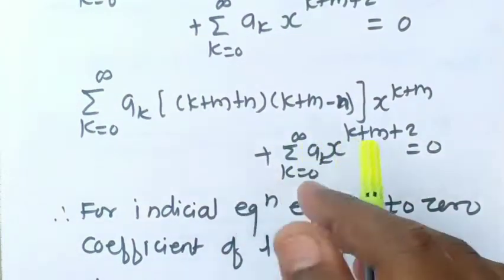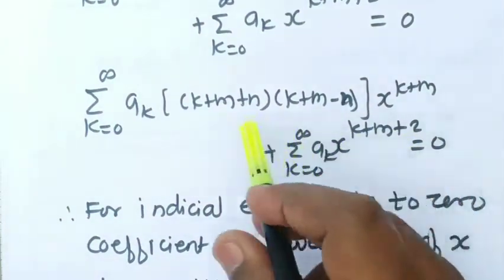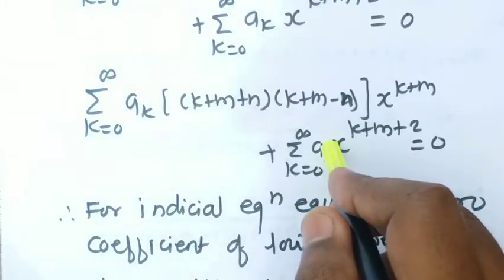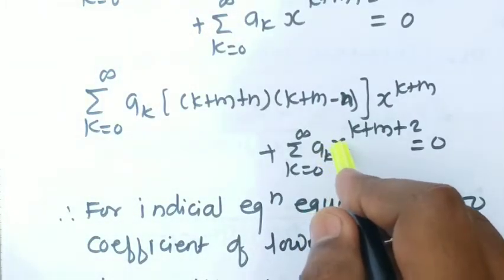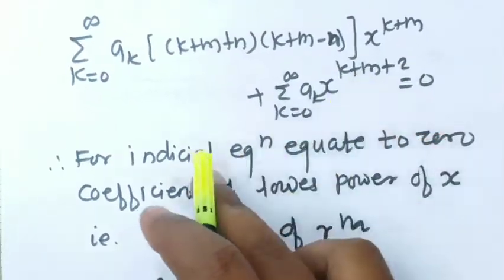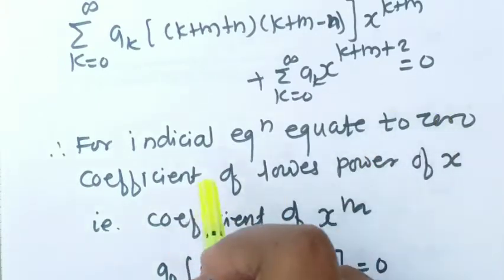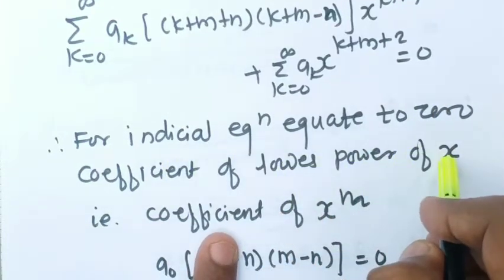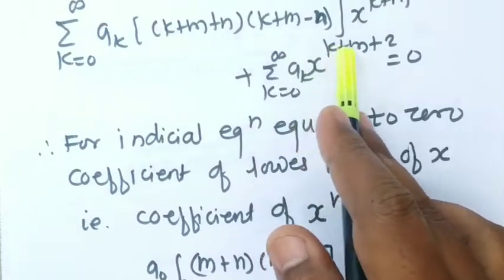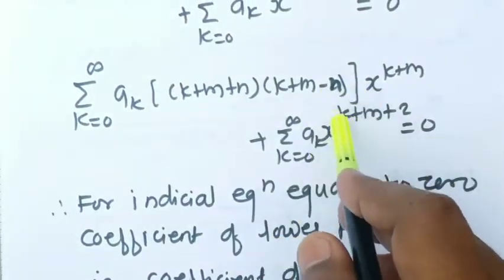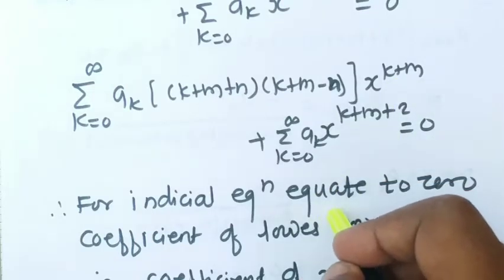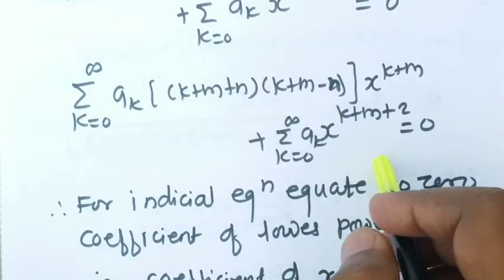Now what is the next calculation we do? Once we get this type of series, after putting the values of y, dy by dx and d2y by dx square, the next thing we calculate is the indicial equation, or you can say indicial polynomial. For the indicial equation, we equate to 0 the coefficient of the lowest power of x from this series. Whatever the coefficient of the lowest power of x we have, that we equate to 0 to get the indicial equation, which is a quadratic polynomial of degree 2.